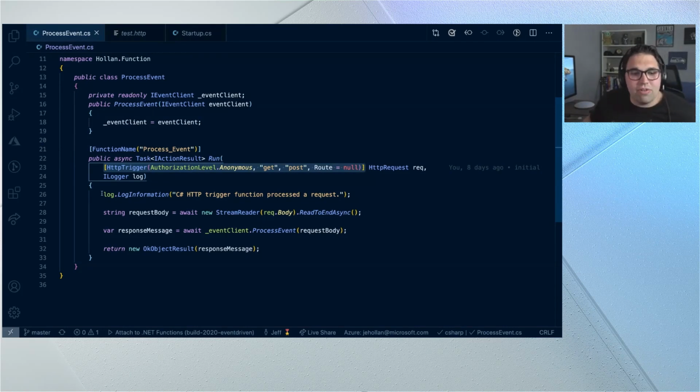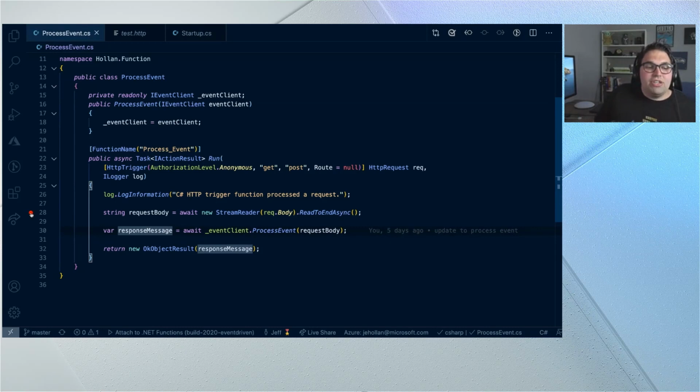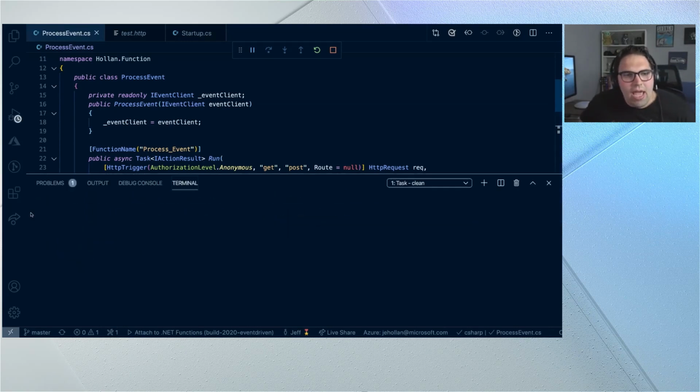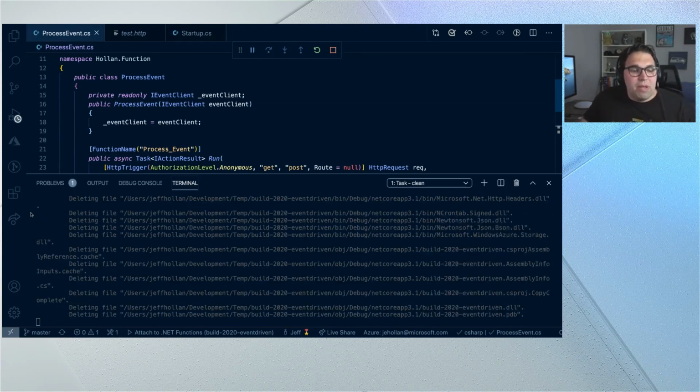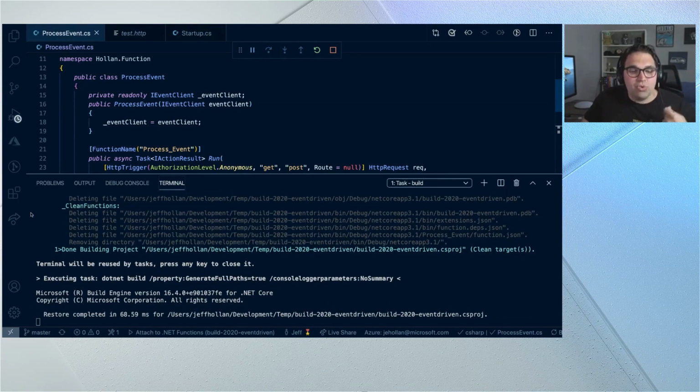And here I could write whatever code I wanted to. I've kept it really simple for the sake of showcasing here, but I'm pulling out the request body. I'm calling this method process event and then returning back a basic response. So I could write a much more complex function that has a bunch of dependencies doing much more complex code, but I just wanted to give you a feel for that right now. One of the things I love about Azure Functions is that I've written this event-driven code here. Now I want to test it. I'll go ahead and just press F5 on my keyboard. And what's happening now is that I'm compiling this .NET code, and then it's going to spin up here in just a second the Azure Functions runtime.